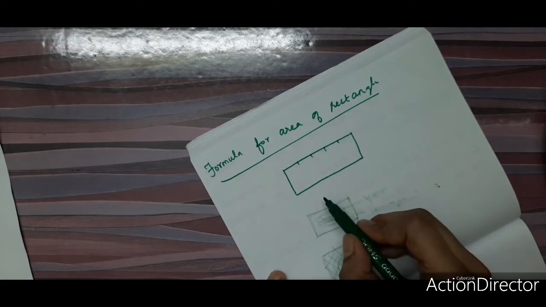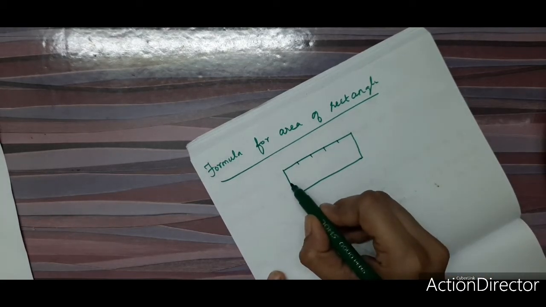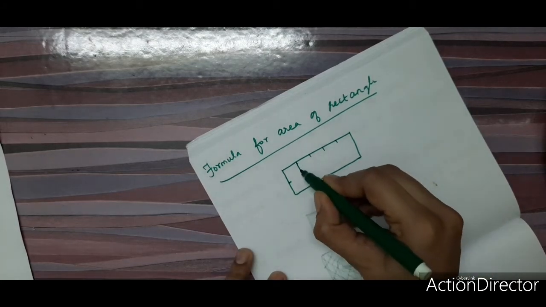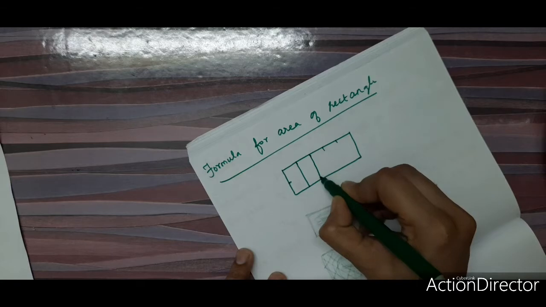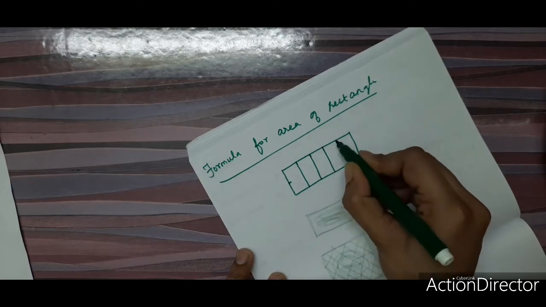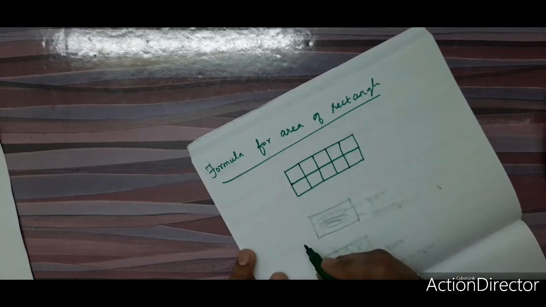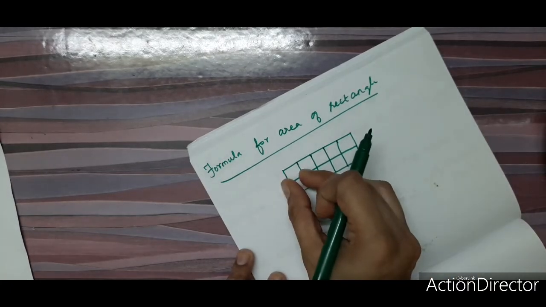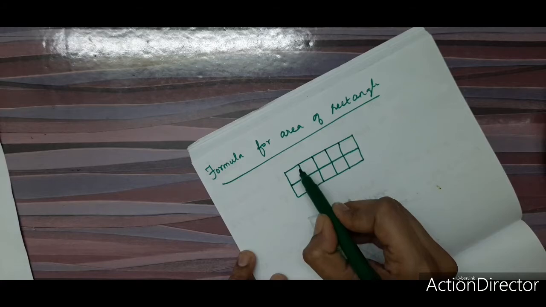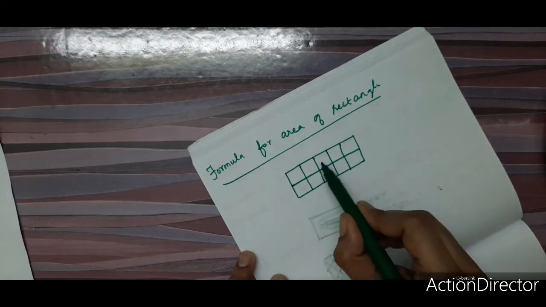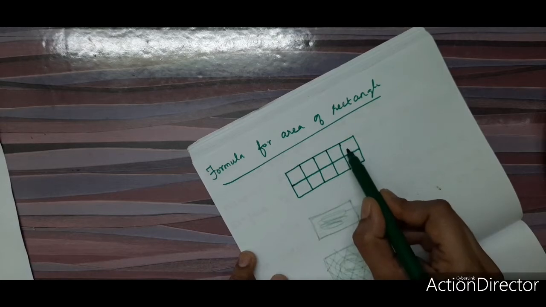Okay, I have kept 4 dots, and here I am going to keep 1 dot for 1 centimeter. So I am going to draw lines 1, 2, 3, 4 and here 1. So one box is 1 centimeter. Like that, how many boxes am I having? 1, 2, 3, 4, 5 boxes I am having.